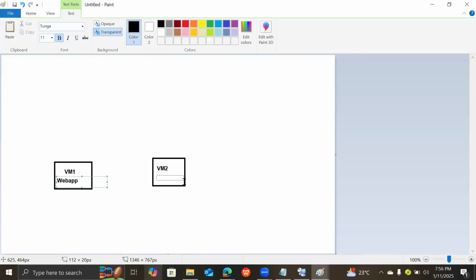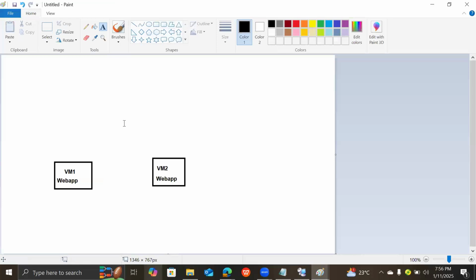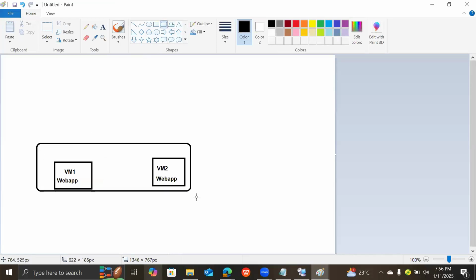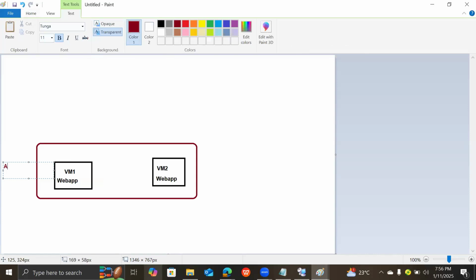If we are going to manage a basic load balancer, both of these have to be brought into the availability set. This is availability set underscore load balancer, and in this availability set you define this VM1 and VM2,